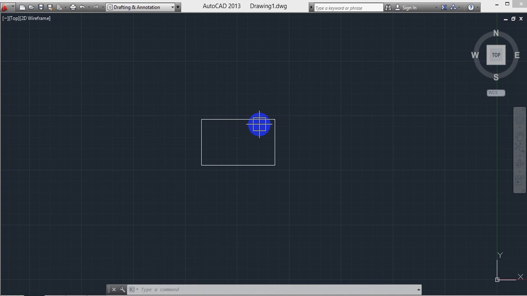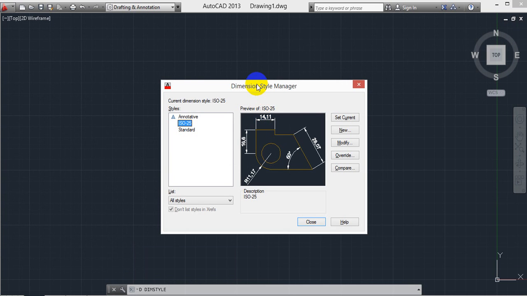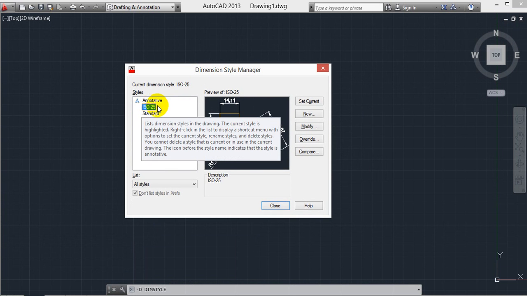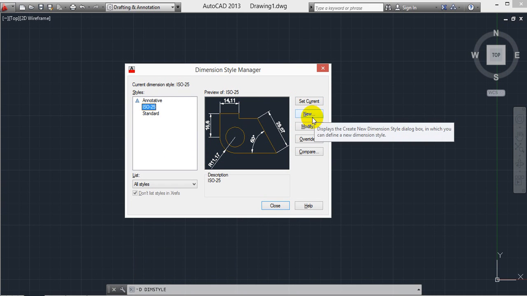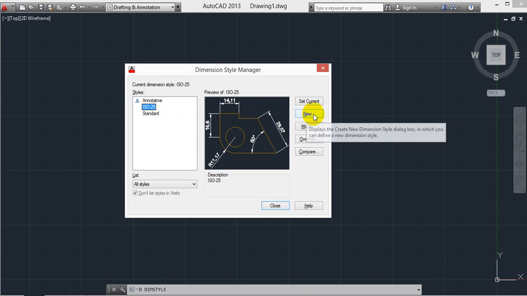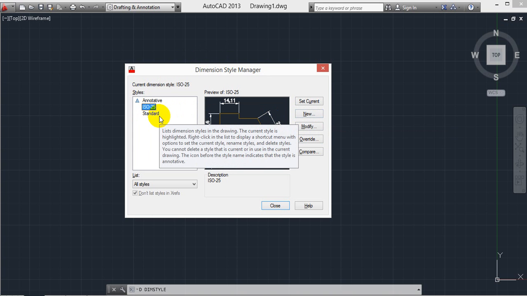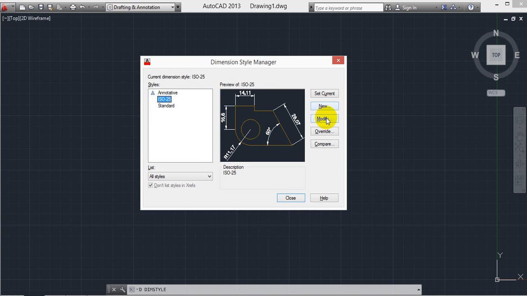So in that case, select D, enter. Okay, single D, enter. Then here go for ISO 25. So these are the dimension styles that we previously have. Then go for new, or else modify the ISO 25. Okay, new, in the sense of multi-line. In that case we have created red, blue and green as a new profile type. Simply you can use new multi-dimension style here also. Okay, in that select modify of ISO 25, select this.